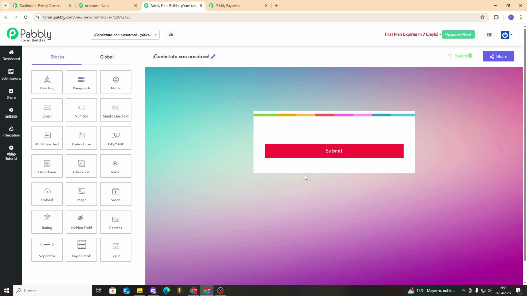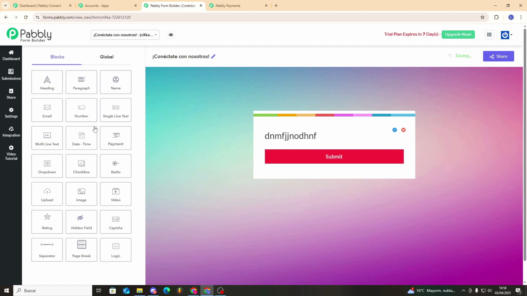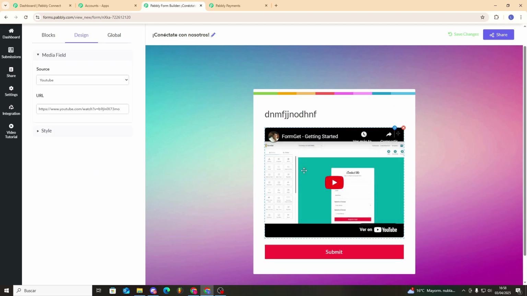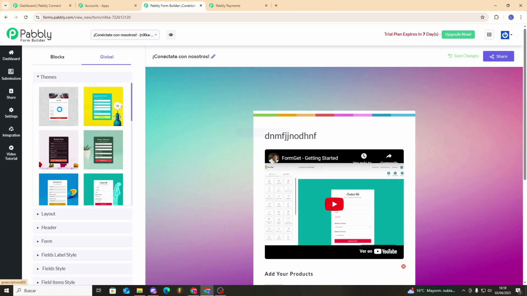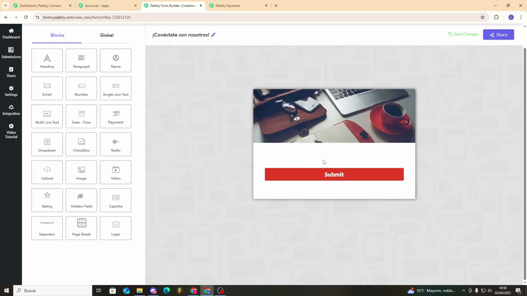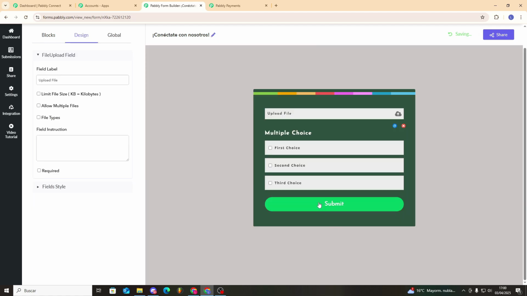It's not created yet, but we can make it in the following way. We can take all these sections, drag them, and type a heading here, whatever we want. This way we can add all the blocks we want and need. Like a promo video, a payment card, some products, or even use different themes. We could use a default theme that comes automatically. And we delete this. As you see, this is the default theme and we can change it to one we like better, right? For instance, if I like this form as it is, we'd simply save it as shown here